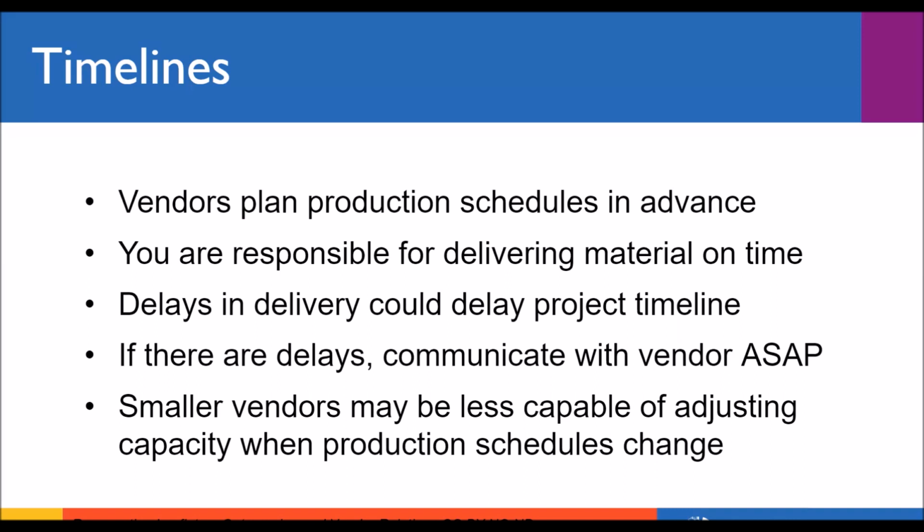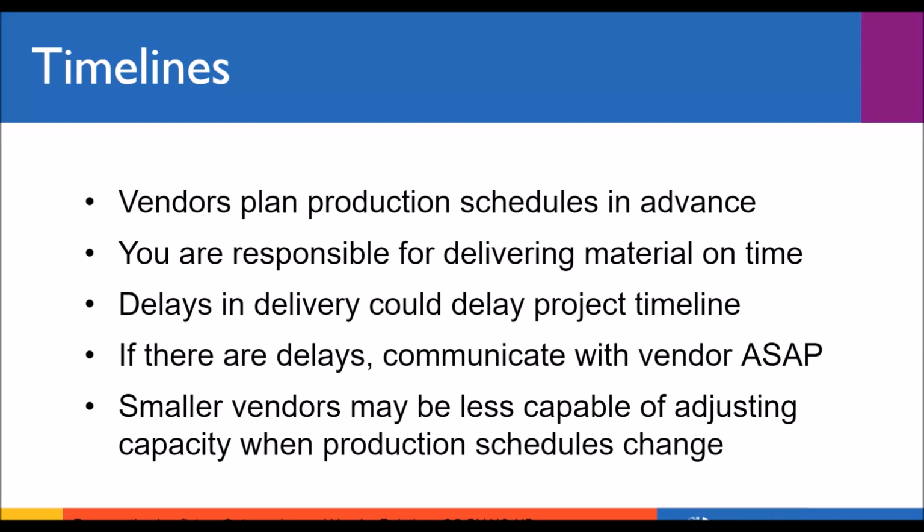So you need to be fair in your expectations of the vendor. So if you don't deliver your material in the timeline you said you would deliver it on in your contract, you might lose your spot in the production queue and in the end not be able to meet your own deadline. So this is especially important if you have fiscal year requirements. The other organizations that are having their materials digitized likely also have those same fiscal year requirements. So vendors can be incredibly busy at certain times of the year.